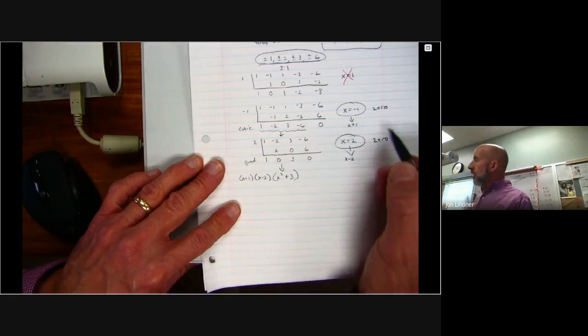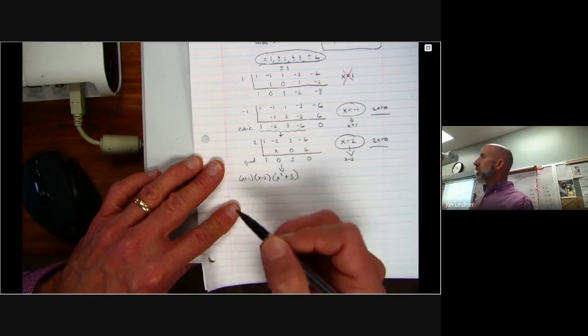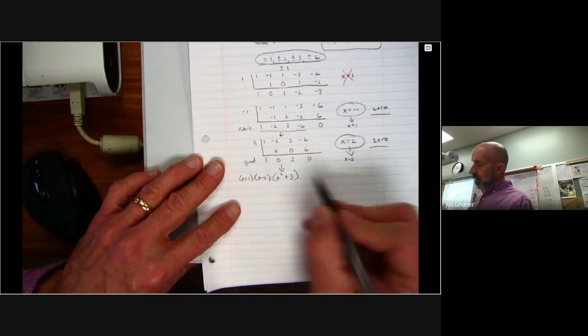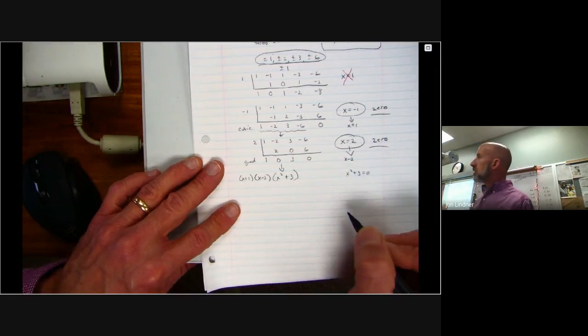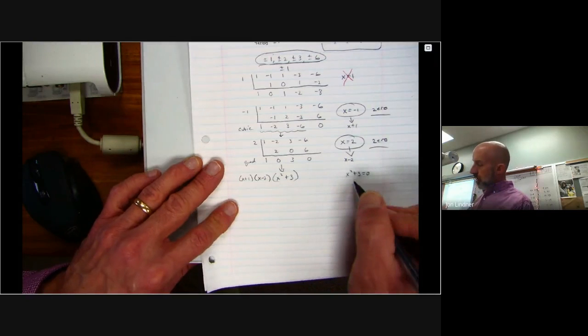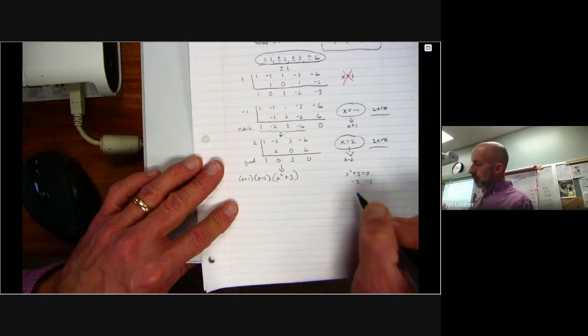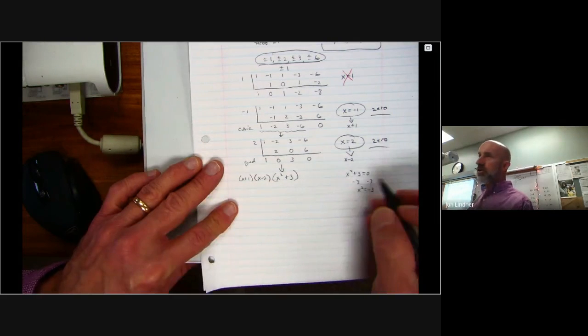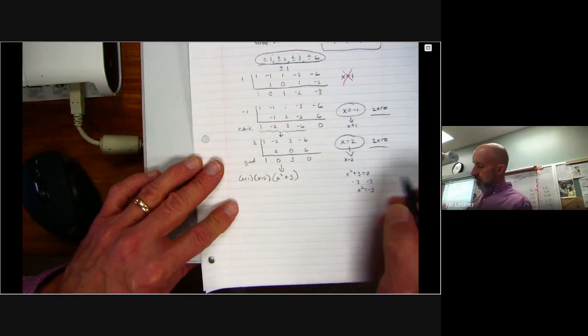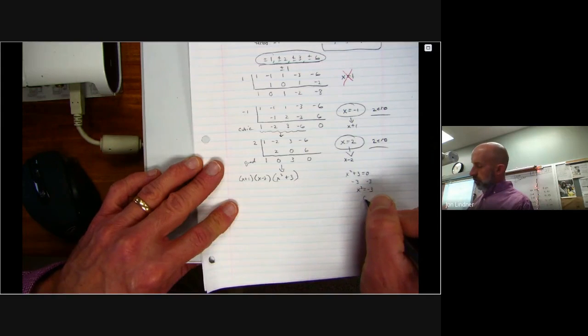So I only have 2 real zeros. You know why? What happens if I set x squared plus 3 equal to 0 and solve it? If I take this -3 over, I have x squared equals -3. I can't take the square root of -3. Okay? So this right here